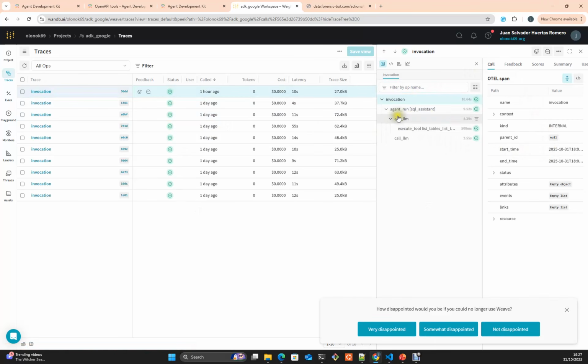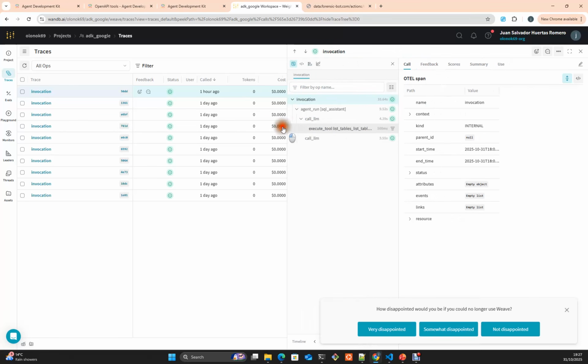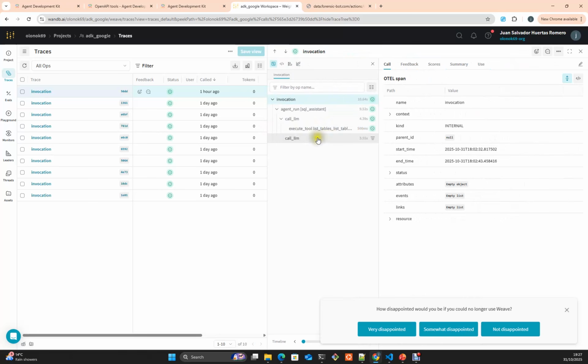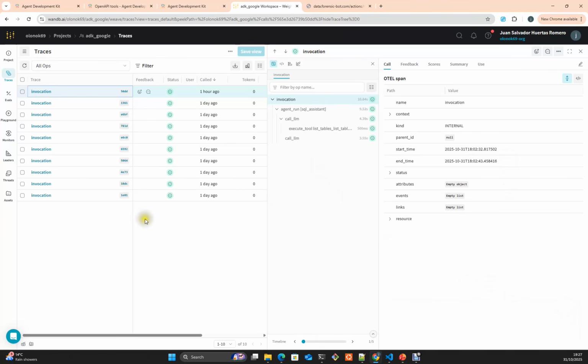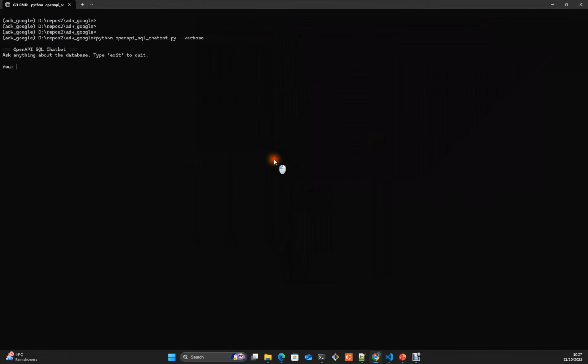Here we just run the agent, we call the LLM, we execute list tables, and then some objects. We will not enter too much. I just wanted to show you that it's possible to integrate with these platforms, and then later I will point you to the documentation, and you can decide which tool is the best that satisfies the requirements of your project. So here, let's do a list